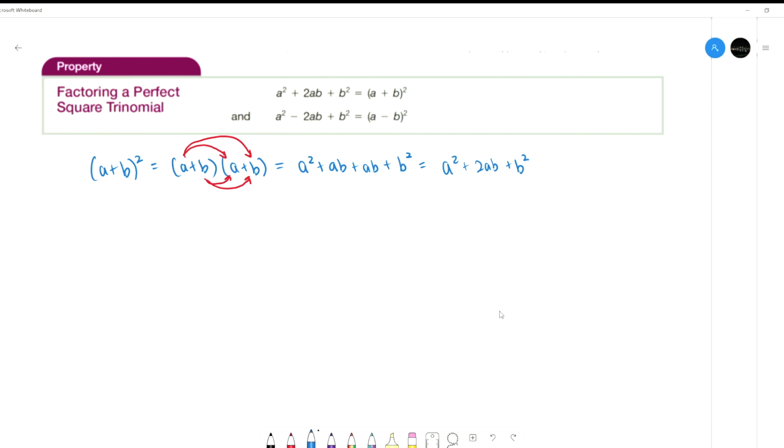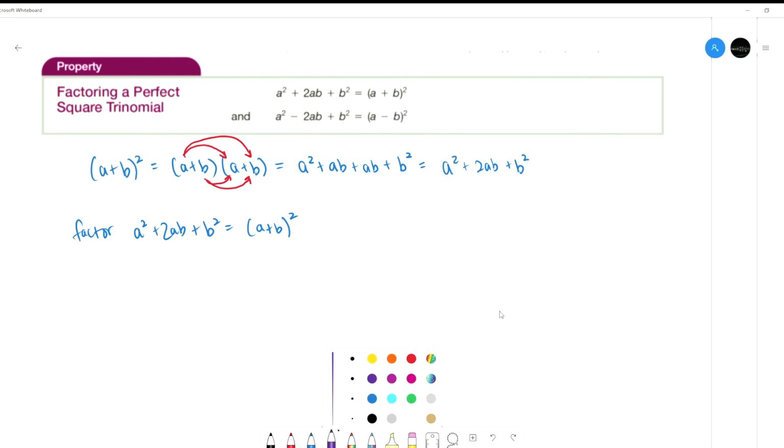So anytime you get a problem where you have to factor A squared plus 2AB plus B squared, it's always going to factor into A plus B squared. Okay, so this might not make too much sense right now, but you're going to see shortly that these factoring